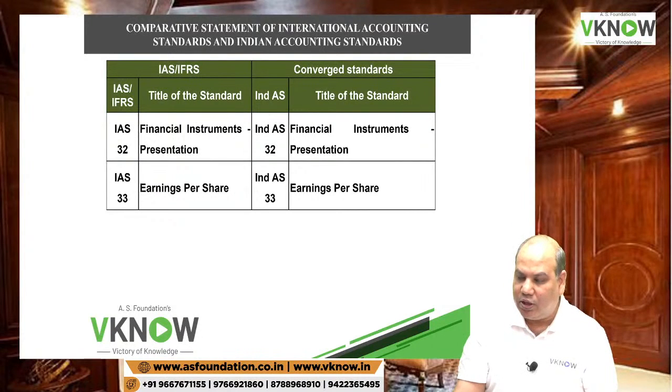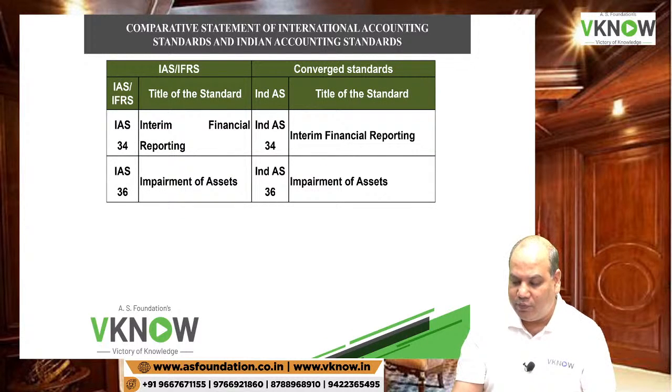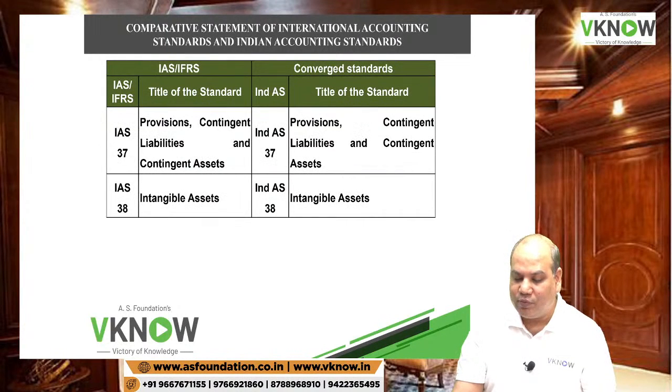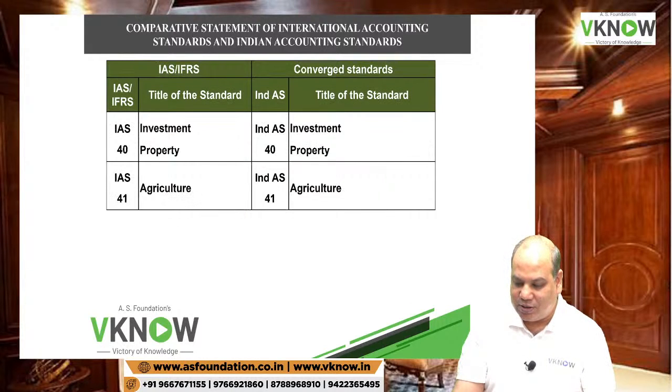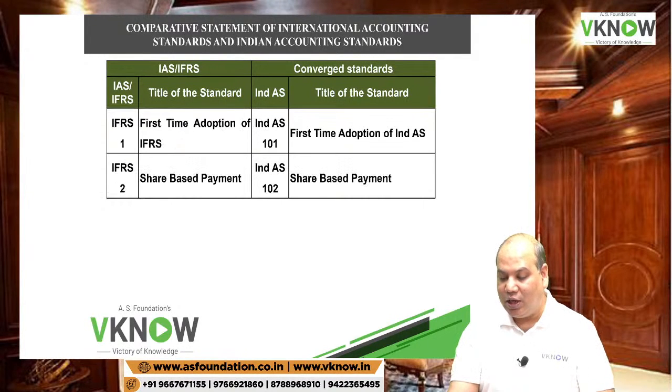Then we have Ind AS 32, financial instruments presentation. Ind AS 33, earnings per share. Ind AS 34, interim financial reporting. Ind AS 36, impairment of assets. Ind AS 37, provisions, contingent liabilities and contingent assets. Ind AS 38, intangible assets. Ind AS 40, investment property. Ind AS 41, agriculture. Wait, after that there will be a sudden gap and you will wonder what happened to